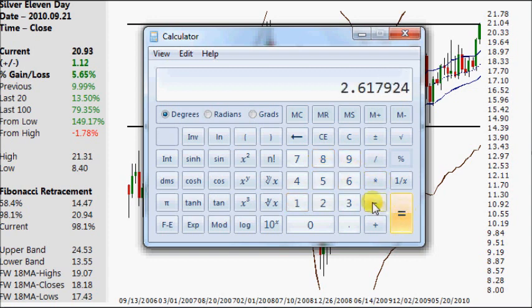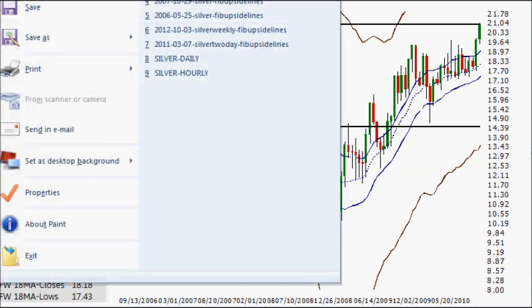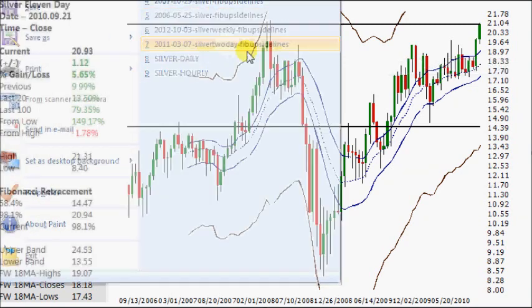So that was the 161 was a 10, 261 is 14, 423 is the 21, the 685 is the next one, and we'll multiply that by 4, which is 2741, and that would make it 3141 or 3142. So therefore, we'll go now to the next chart, which will take us to March of